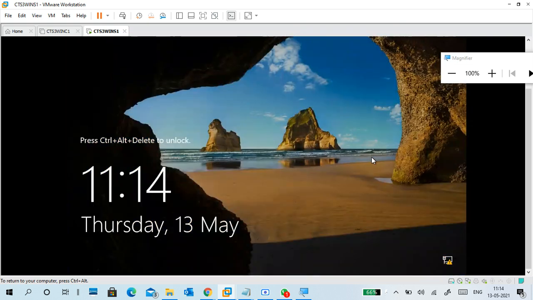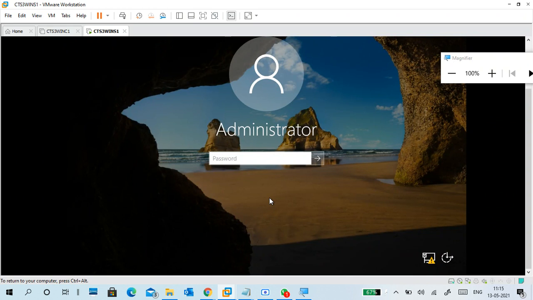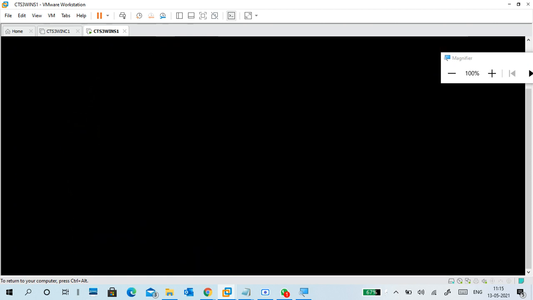So it will take time again. It will take another 5 minutes. Okay, it immediately came. It's showing Ctrl+Alt+Delete. This is a VMware Workstation virtual machine, right? Ctrl+Alt+Insert, function key Insert. If you are using a laptop, check where the Insert key is, and give the password. First time I log in. So finally, installation is completed.